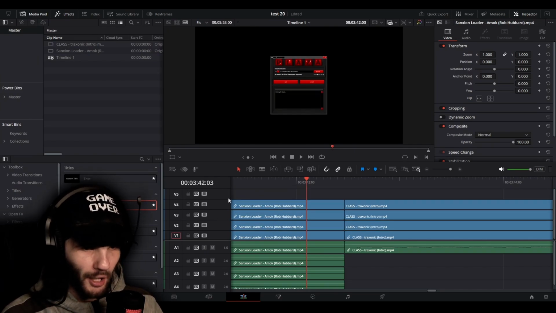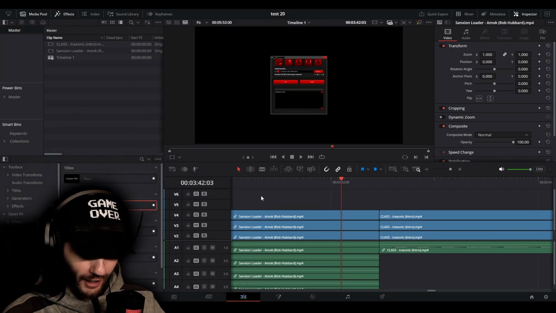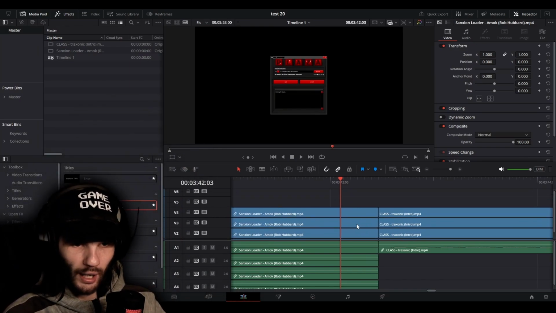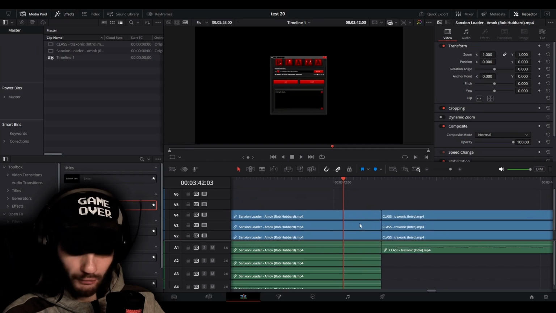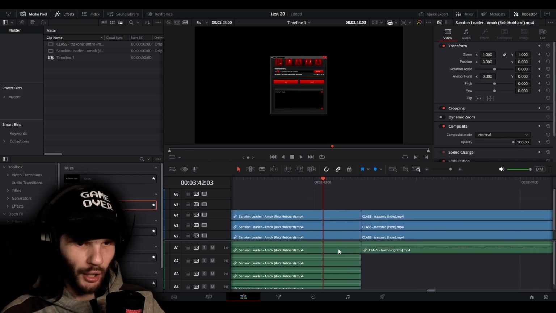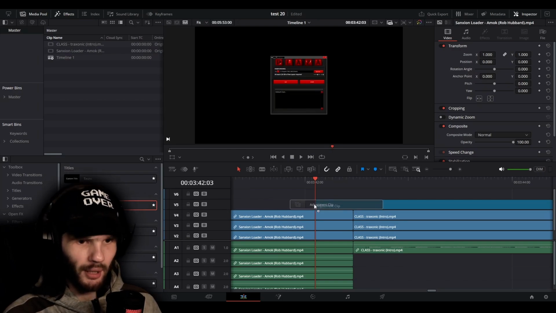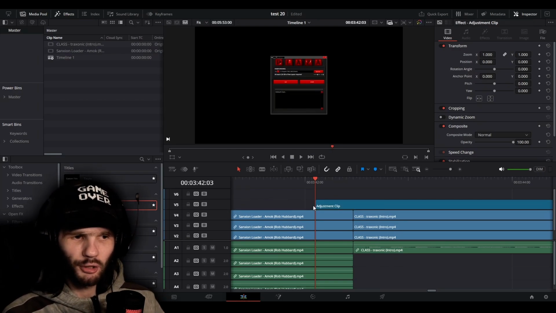Okay, so let's just add yet another track, and then we can scroll up by holding down the mouse click and just moving up. So here we have another track, and now put the adjustment clip, and just like that you can see it